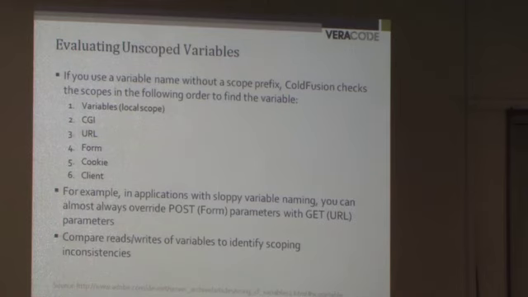Okay, coming back to scoping, which we talked about earlier. If you use a variable name without a scope prefix, like #foo from my earlier example, what ColdFusion will do is it'll go through this checklist of all the different scopes that it's aware of, and it will see if it can find something called foo in those different scopes. And if it does, it'll stop and use that one. There's the search order. So it'll start with the local variables, and then it'll go through the CGI space, the URL space, form space, cookie, and client. So if you're looking at code and you're looking at sets and gets of different variable access,